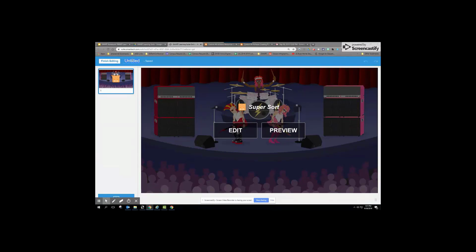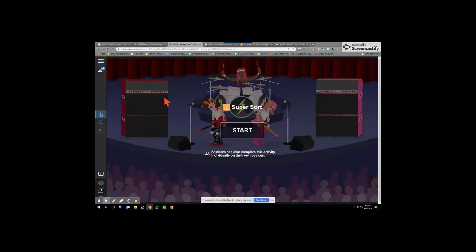And then again, I've got the option to edit if I need it, or I can go ahead and give my file a name up at the top corner, and then I can click Finish Editing. So at this point, my Super Smart Learning Suite activity is all ready for students to use and